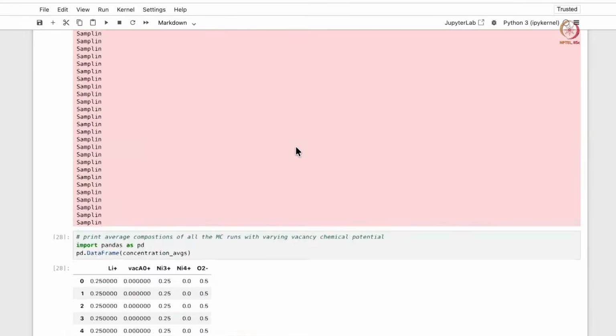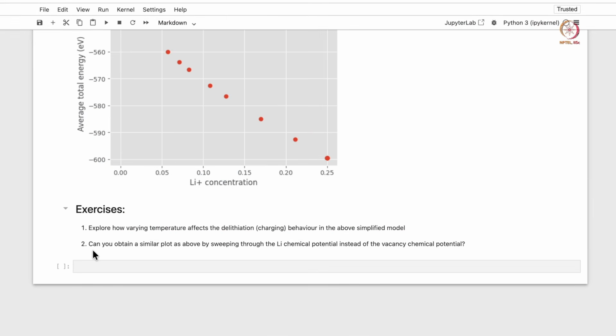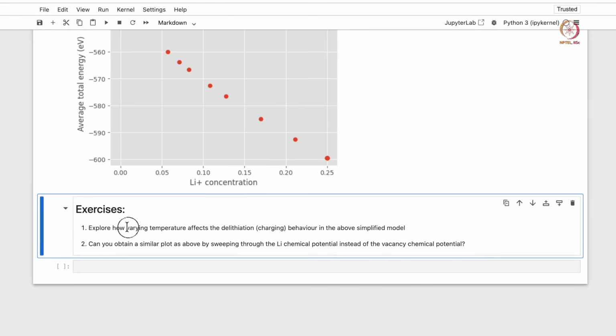Now, you can do some exercises also. You can see how varying temperature affects the delithiation behavior in the above simplified model. Or you can also obtain a similar plot as above by sweeping through the lithium chemical potential instead of the vacancy chemical potential. So, this is the end of this session. Thank you.